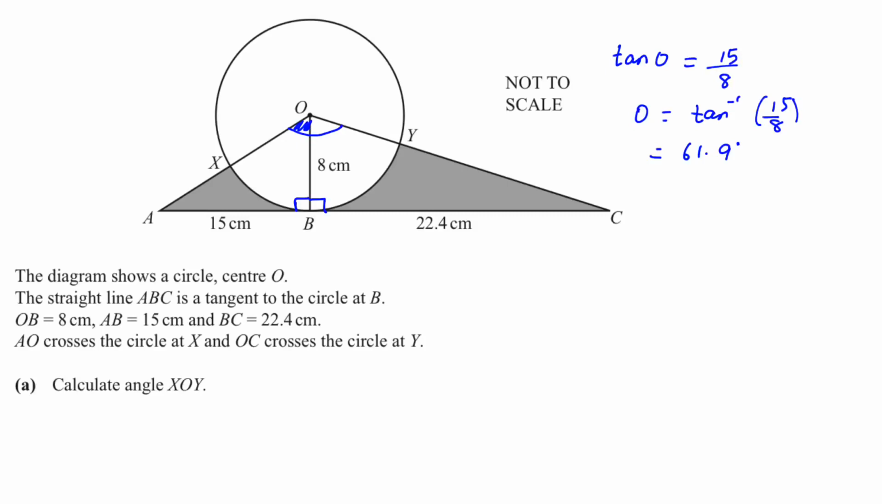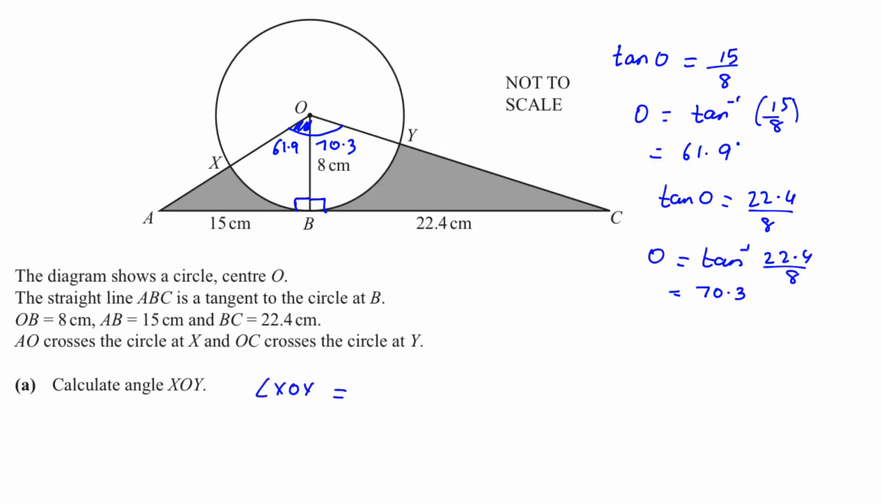Rounding it to one decimal place, this is 61.9. Now to find angle BOC, again we will be using tan. We have been given the opposite and the adjacent. So opposite is 22.4 and adjacent is 8. Therefore, theta is equal to tan inverse 22.4 divided by 8, which is 70.3, rounding it to one decimal place. So this is 70.3. Therefore, angle XOY